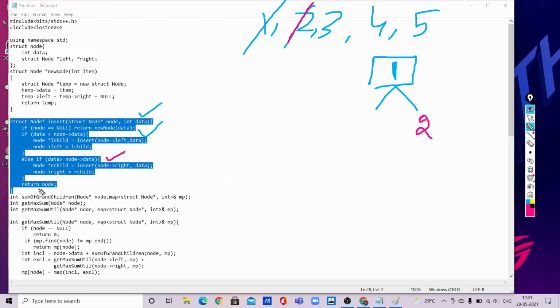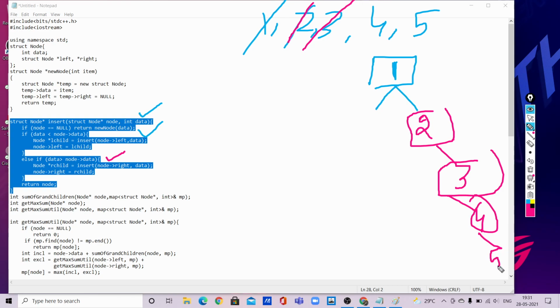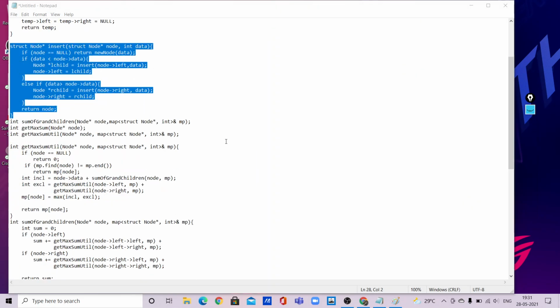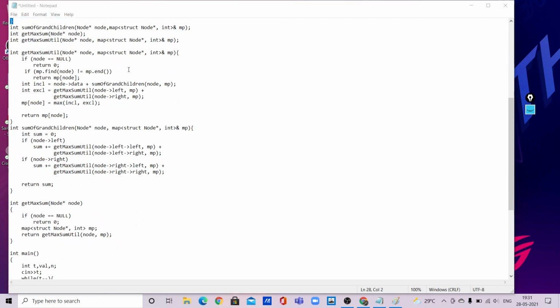And return node, meaning it will return the pointer to this node. Then 3 has come, so it will again go into the right subtree, and again 4 and again 5, in a similar fashion. Now we have completed insertion into the tree.